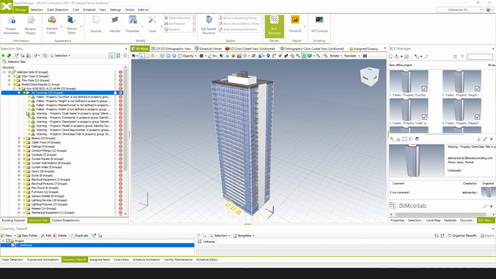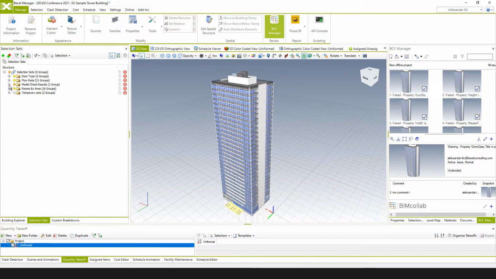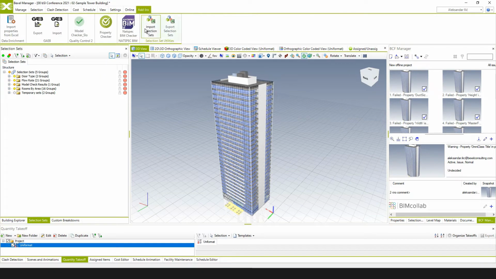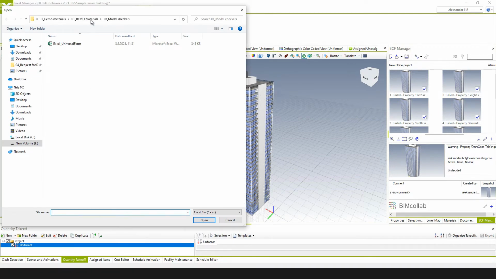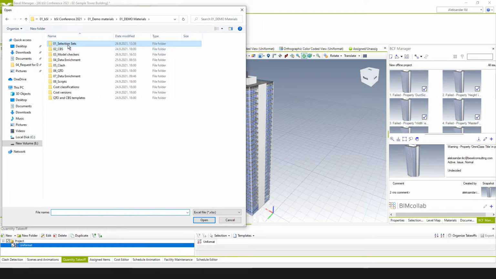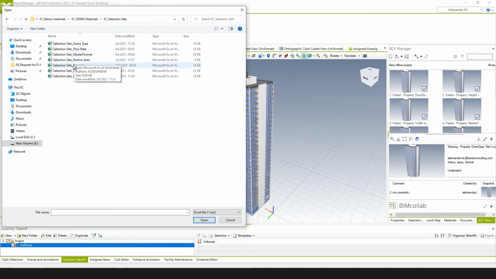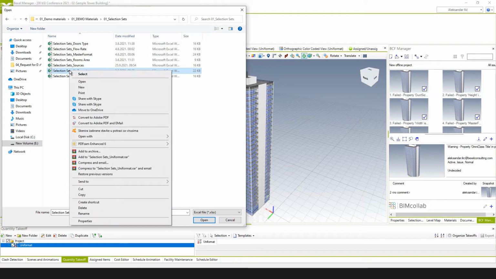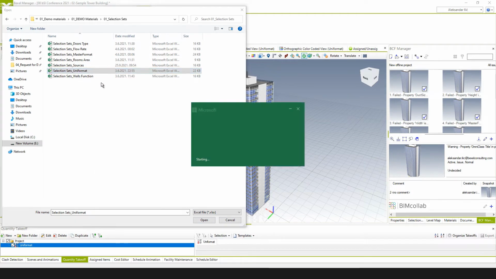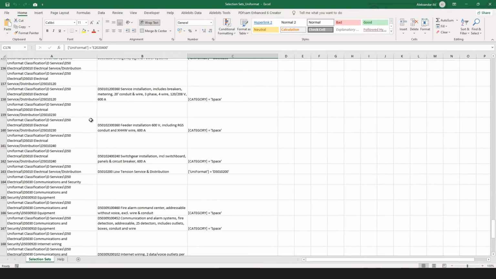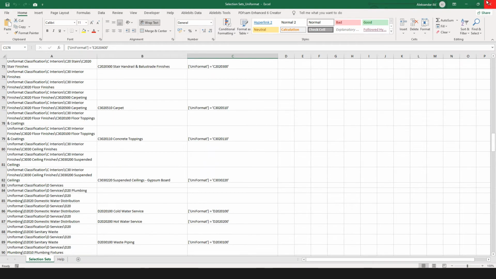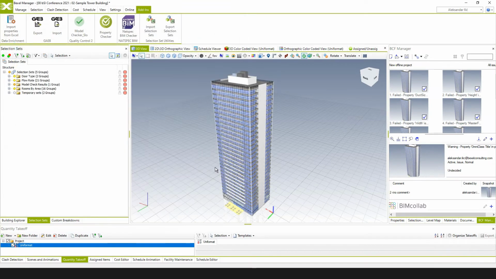So we're going back to our demo project, and for this specific functionality we're gonna again try to import selection sets. This time it's gonna be a set of selection sets which are grouping model elements by uniformed codes. So we're gonna import selection sets. Selection sets are imported,